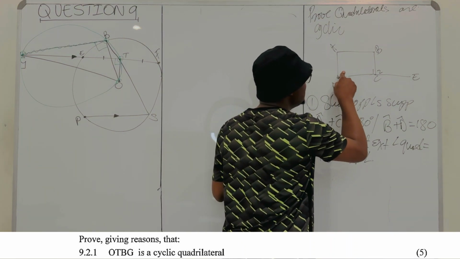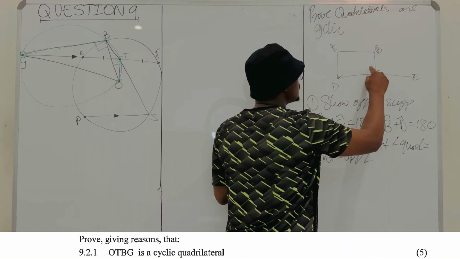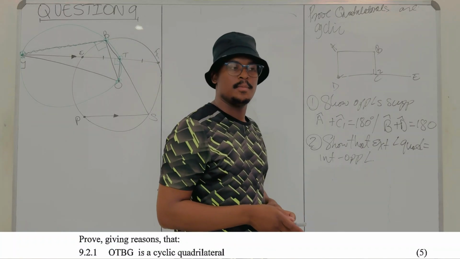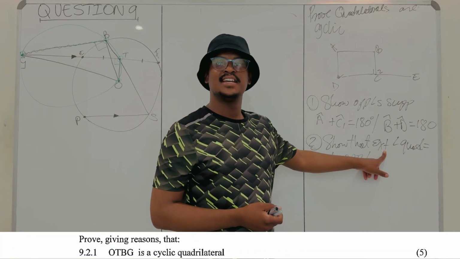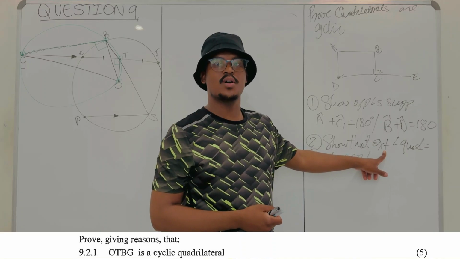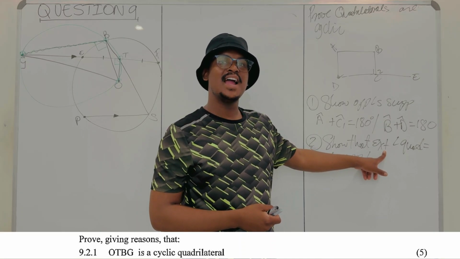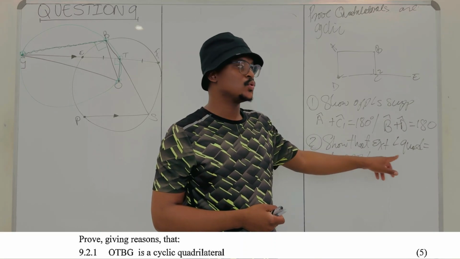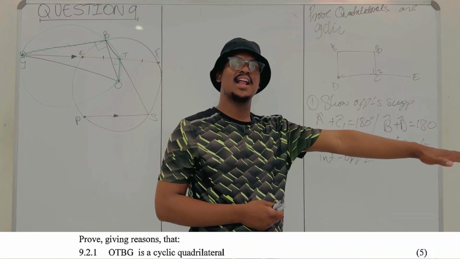So, D is opposite B, A is opposite C, right? No problem. So, an exterior angle. What is an exterior angle of a cyclic quadrilateral? What is an exterior angle of a quadrilateral? An exterior angle of a quadrilateral is the angle between the extended side of a quadrilateral and the closest